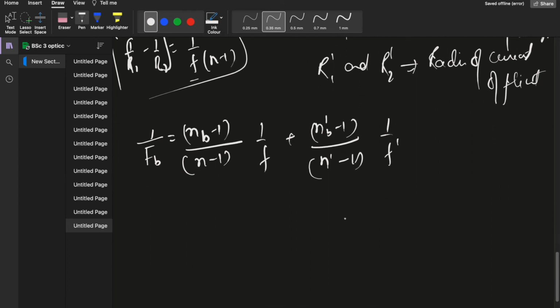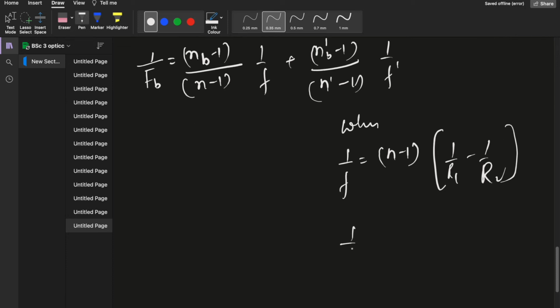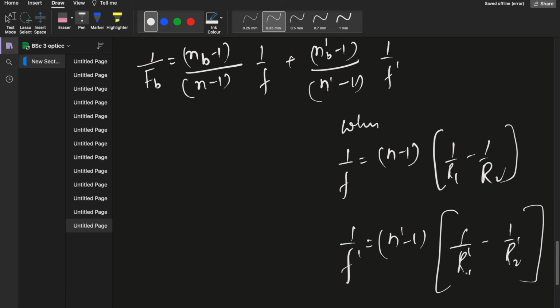You can write it as 1/F = (n − 1)(1/R1 − 1/R2), and 1/F′ becomes (n′ − 1)(1/R1′ − 1/R2′). Alright,